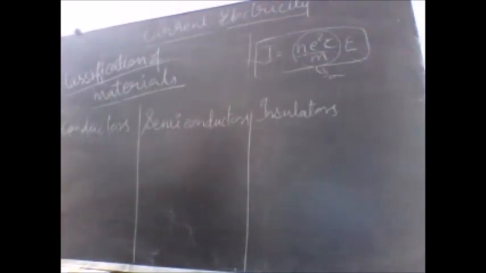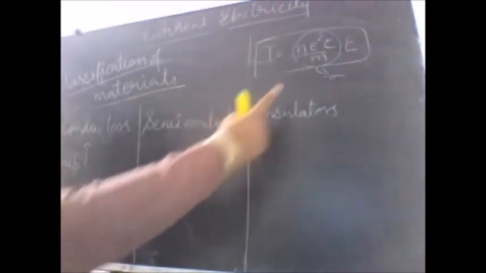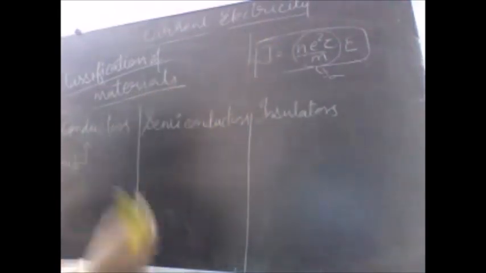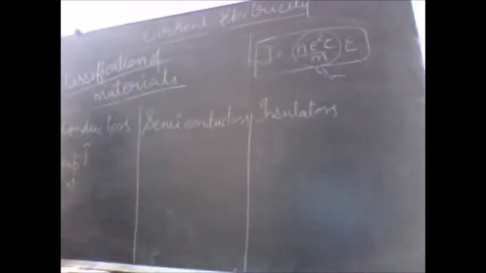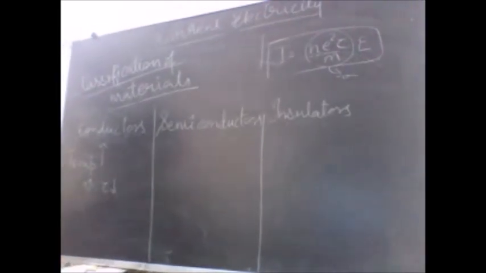What will happen when we raise the temperature in conductors? When temperature is increased, obviously we are going to release a small amount of the bound charges in the conductors also. That means more of the charges, more of the electrons are available, which means more collisions. That means less relaxation time available, so tau will fall. This is what is going to happen: when we increase the temperature, number density increases, and that ultimately results in a decrease in the relaxation time.